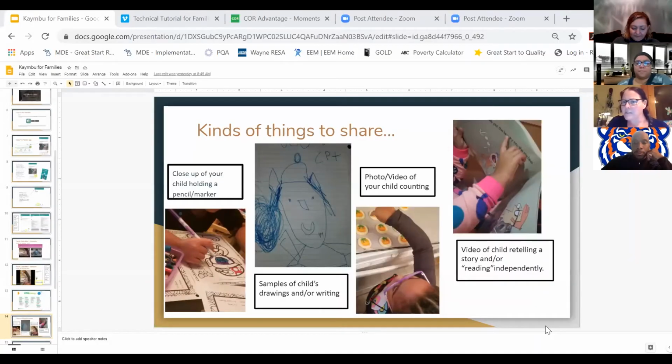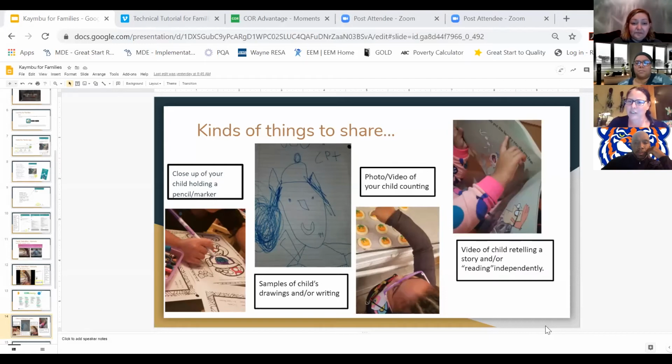I kind of wanted to show some things that you may want to consider sharing. So like I said, sometimes we worry about, what if I don't have the materials that I think that we need, or I don't really know what I'm looking for. And we're trying to think of some of those things that were in those domains that I showed you before, but it really is everyday things that are just happening at your house. And these things are happening all the time,